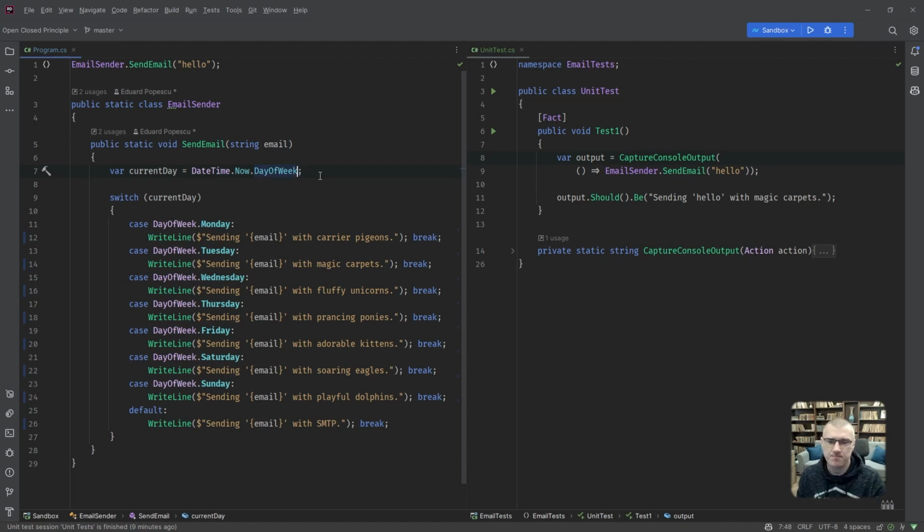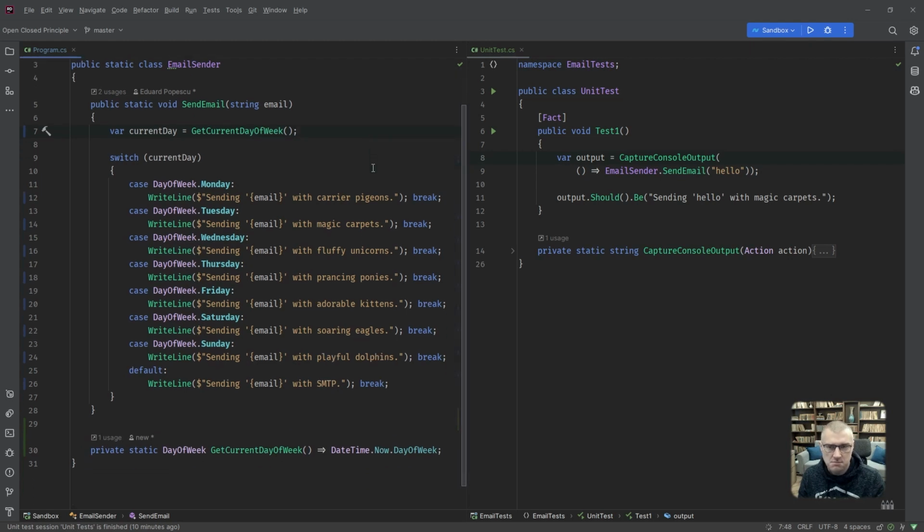Because I don't want to change the staticness of this method yet, if I can help it, how about we extract a method? Now, day of week. Yes, really creative. Current day of week. Even more creative. Oh well. Okay. Cool.